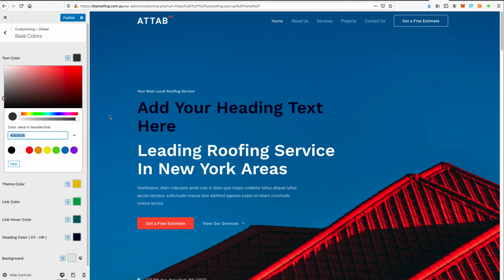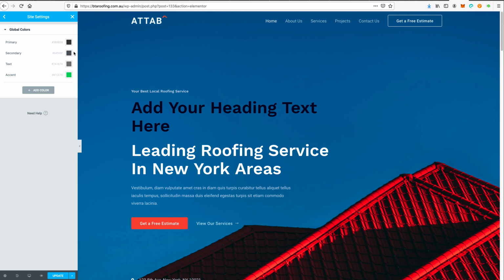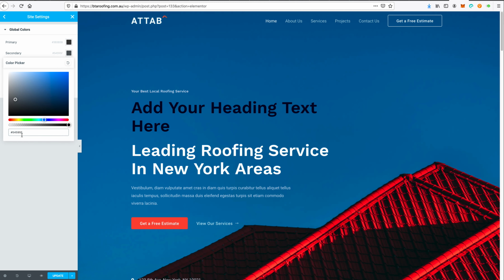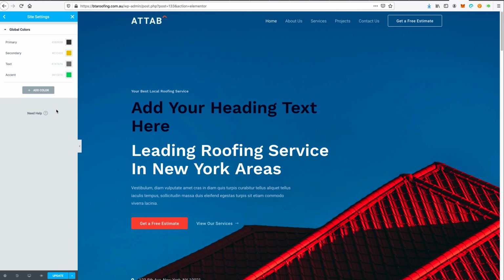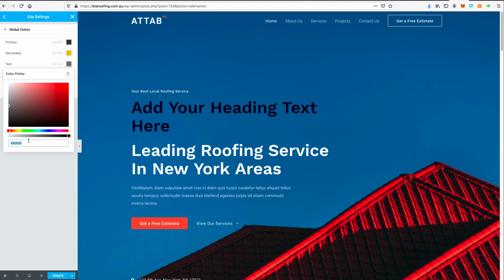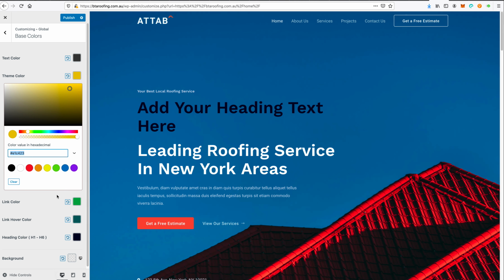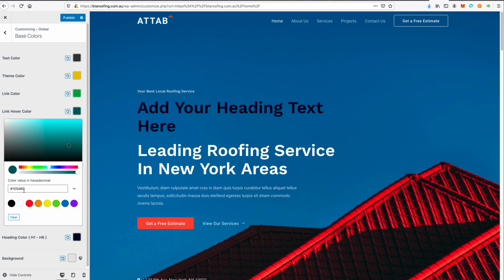The secondary color will be this one. This just makes it easy to grab, to select colors when we're choosing the text. It's saying the text is this one, so we may as well just copy that one because we've nominated that one as a text. So we may as well just put that one in there. We'll grab that turquoise color